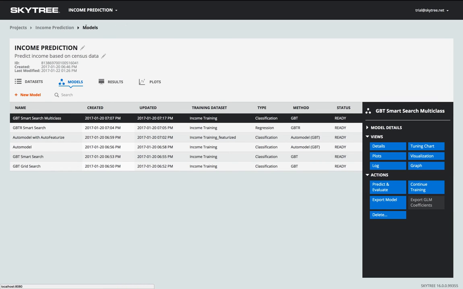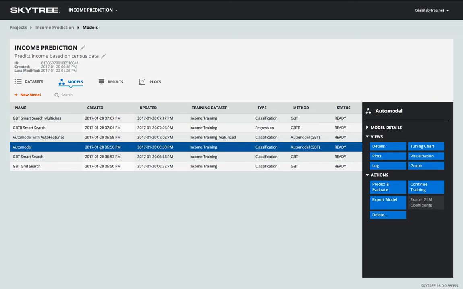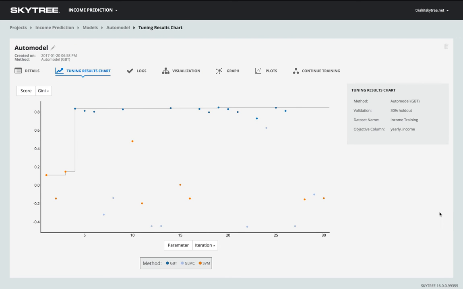In this demonstration, we have already run the machine learning model, so we can view the results. We see that three machine learning methods were run: gradient boosted trees, or GBT, generalized linear models, or GLMC, and support vector machines, or SVM. The best model in this case is the one with the highest Gini score, which is a measure of how well the low and high income classes have been predicted. Here, GBT is the better model, and it reached the best value